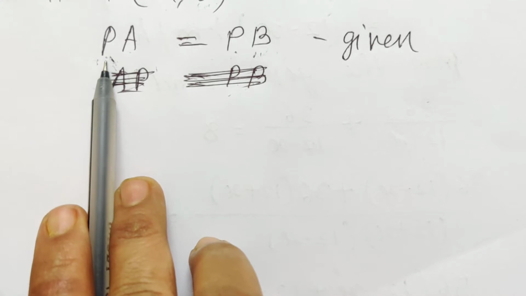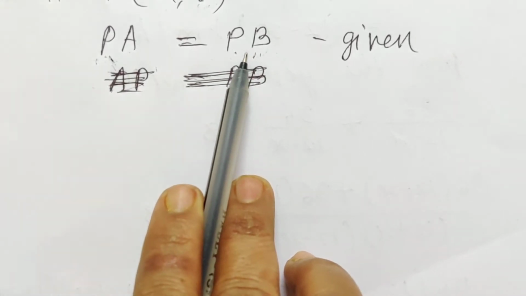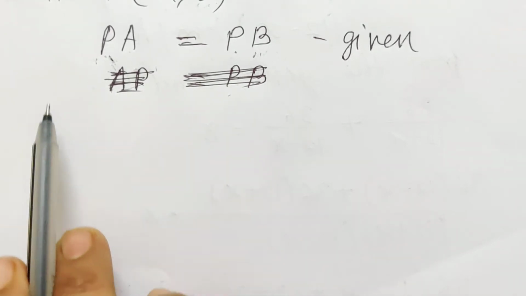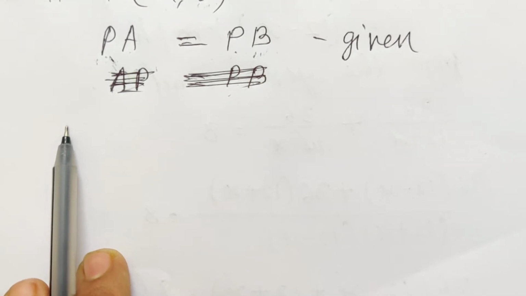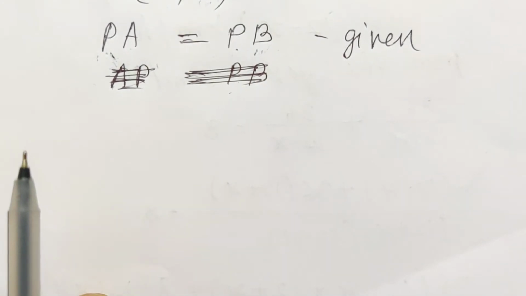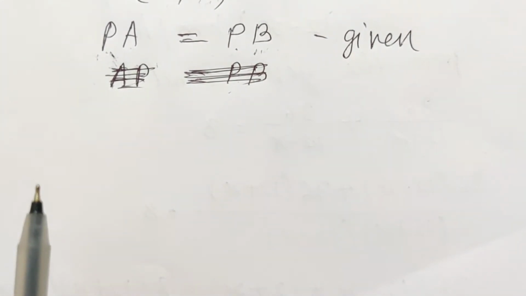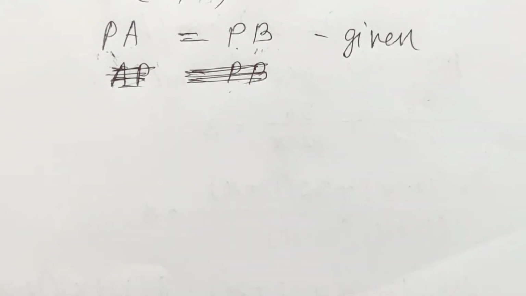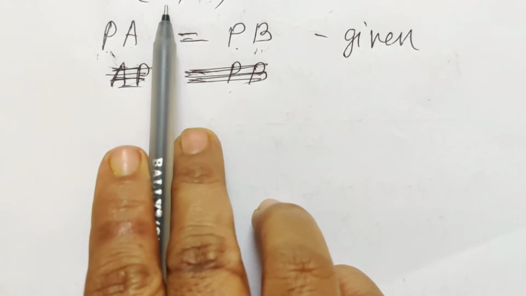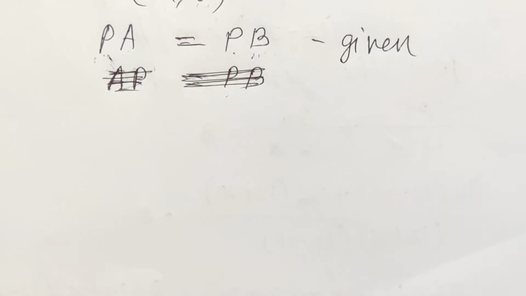For PA you will use the distance formula. For PB also you will use the distance formula. Commonly you write the distance formula in a box and highlight it, and here we will solve it directly. A's coordinates are given. Keep the textbook open in front of you. A's coordinates are -3 and 4. P's coordinates we consider x and 0. So we'll use the distance formula and write it here.